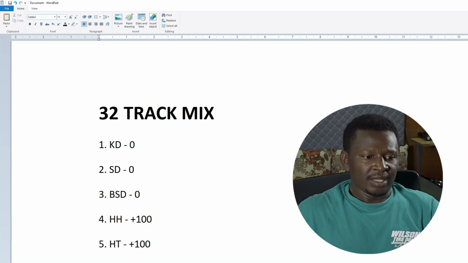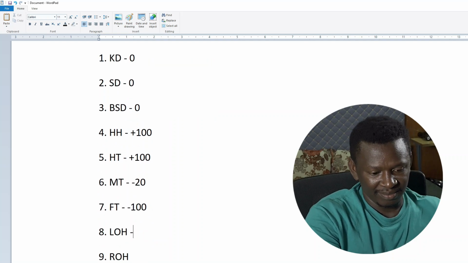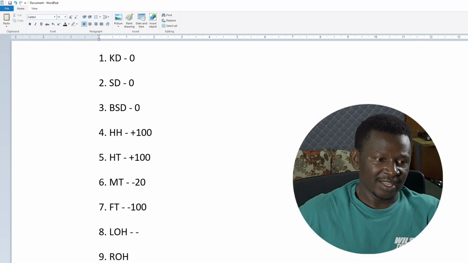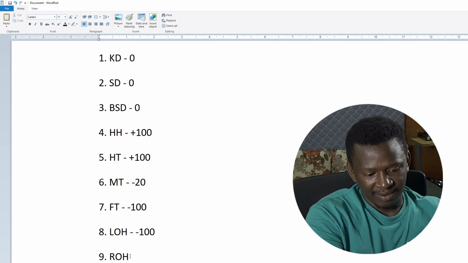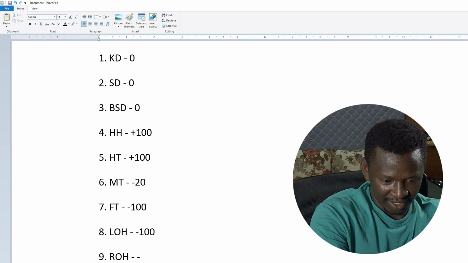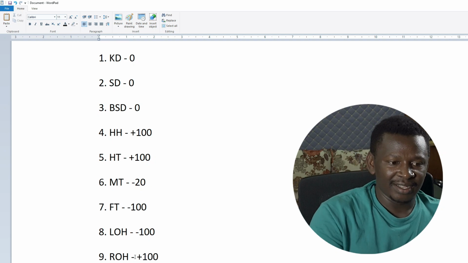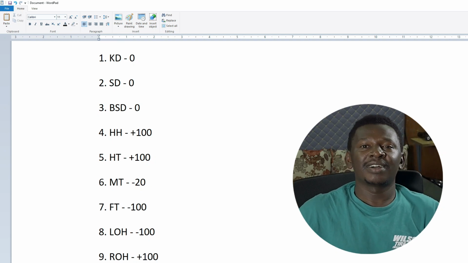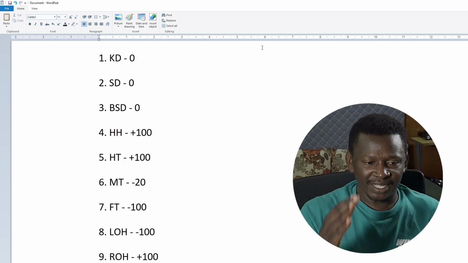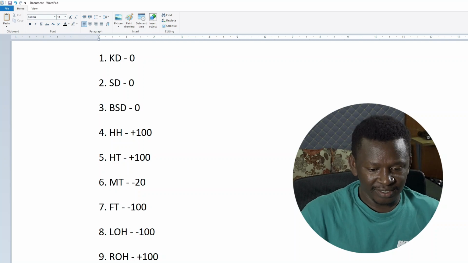Then left overhead, of course, it's extreme left, so it's minus. Minus is for left, positive is for right. Then right overhead, I'll pan it extreme right, it's positive, so positive for right. Then bass guitar, if you've listened to music keenly in your headphones, the bass guitar is always at the center, so I'll put it at the center. Then also the lead guitar,